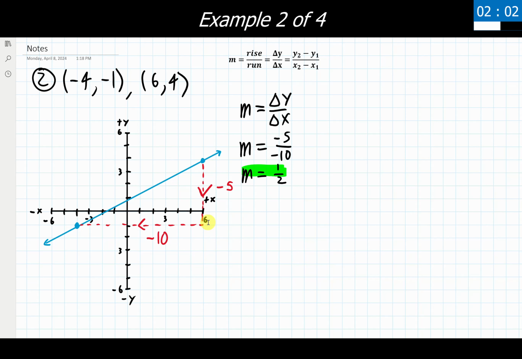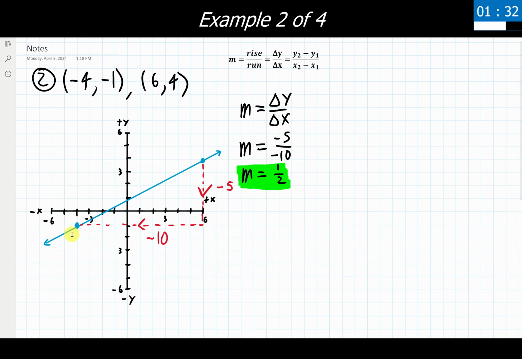So great. It ends up being the case that this is a positive slope, even though I went in the quote-unquote negative direction with both of these. But again, if we went in reverse, if I went up by 5 and then 10 in the positive direction this way, we'd still get a slope of 1/2. So again, it really doesn't matter which way you organize these things, your starting point, ending point. Just pick a starting one, pick an ending one, and go from there.